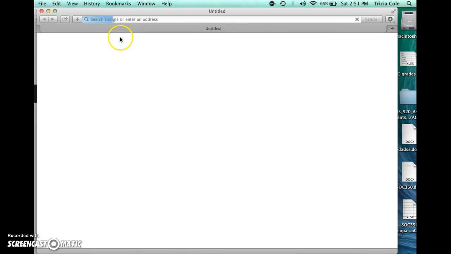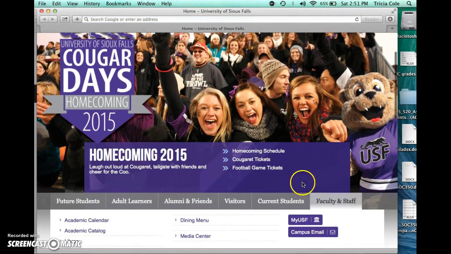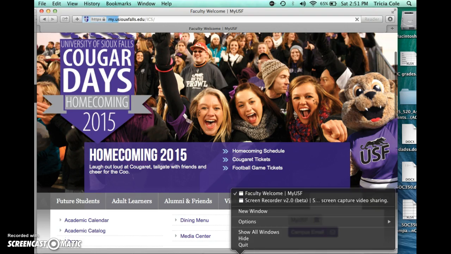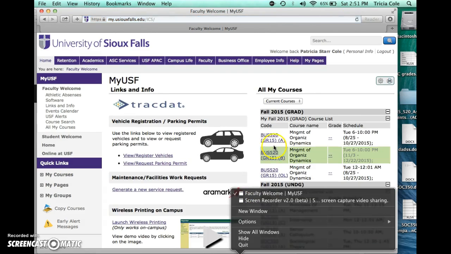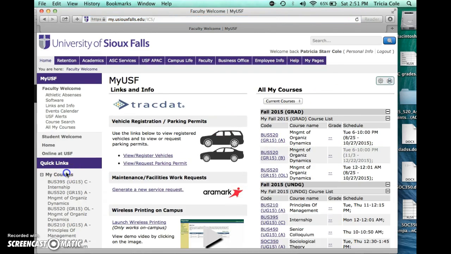Looks like my computer, there we have the